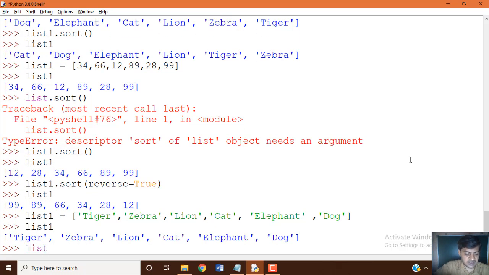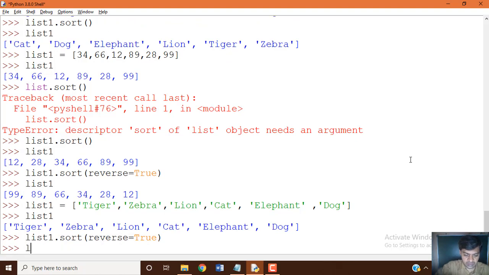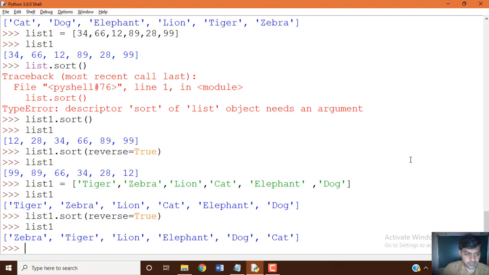Apply list1 dot sort of reverse equal to true. T should be capital because that is a built-in keyword. We must know Python is a case sensitive language. Now print it. You can see descending order of alphabets: Z, T, L, E, D, C.